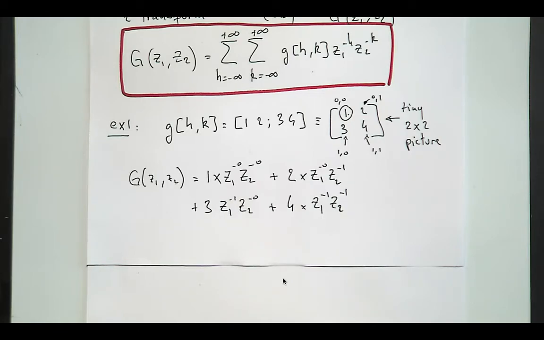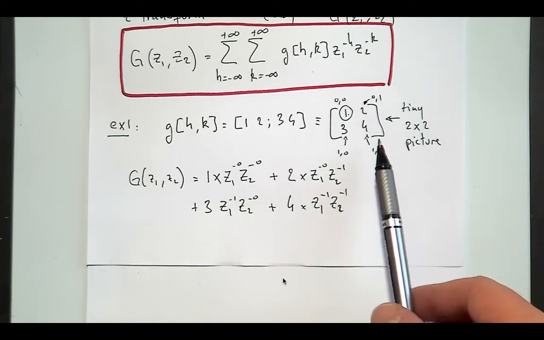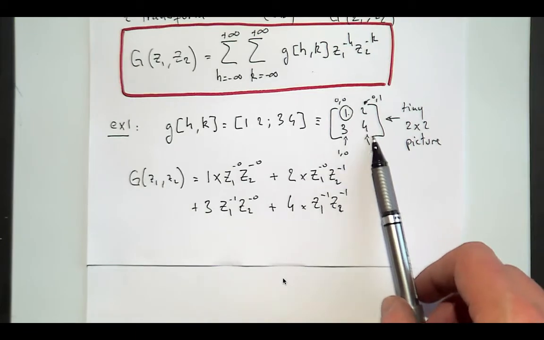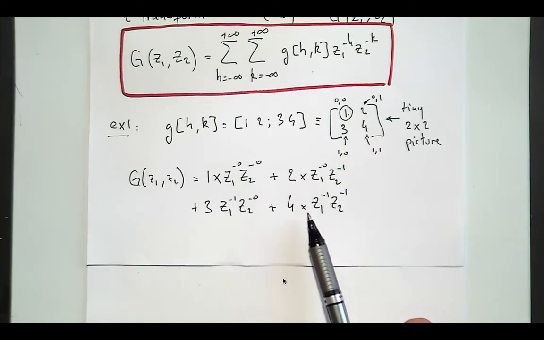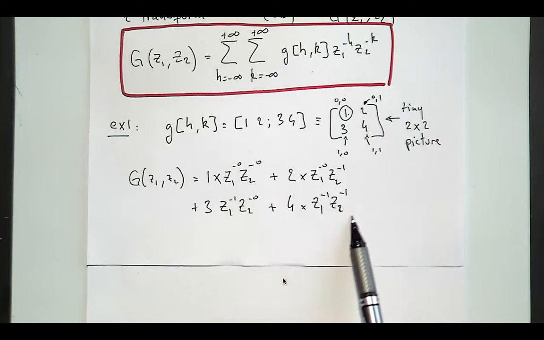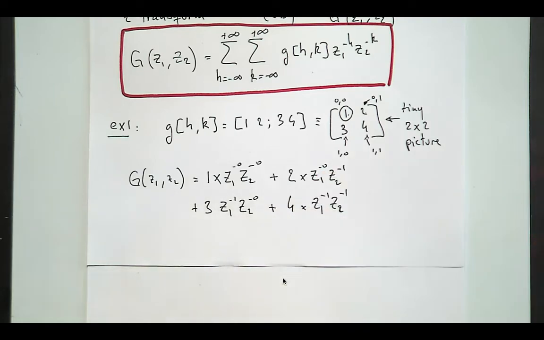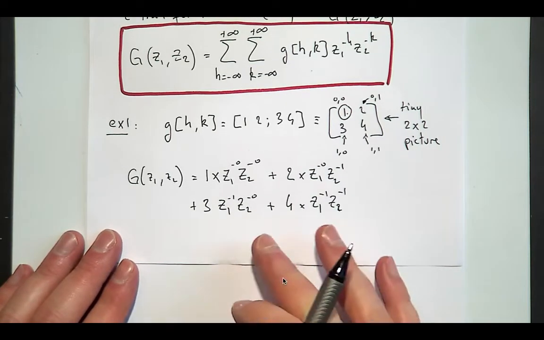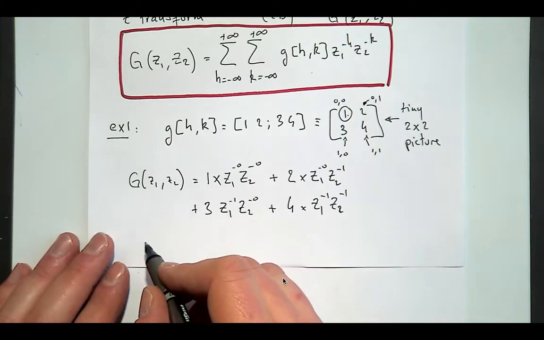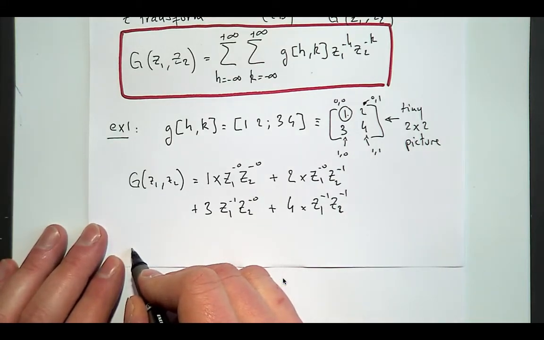All right, so it's quite simple. The formula here looks a bit nasty, but really what's going on is you look at the coordinates every time in your picture, extract the value of the pixel, and put that as a coefficient. Then you have a polynomial with different factors, and the power of each factor is just minus the position in your picture. So basically, if you look at the discrete domain,